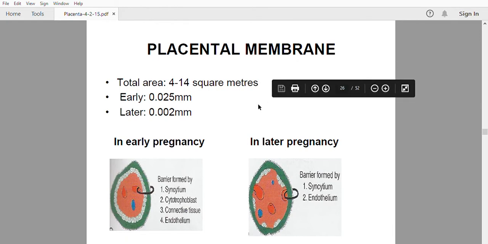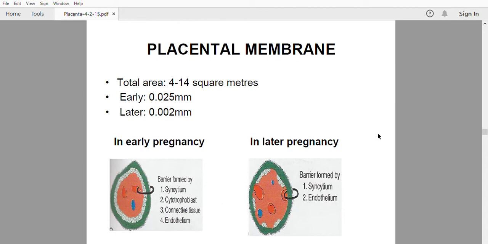Understood? And also in the last class I told you that maternal antibodies influence the developing embryo, isn't it? So maternal antibodies like IgG, immunoglobulin G, gamma globulin, reach the fetus through the placenta and give the fetus immunity against some infections. So IgG provides some sort of immunity to the fetus. That is one of the important functions. So nutrition, waste disposal and